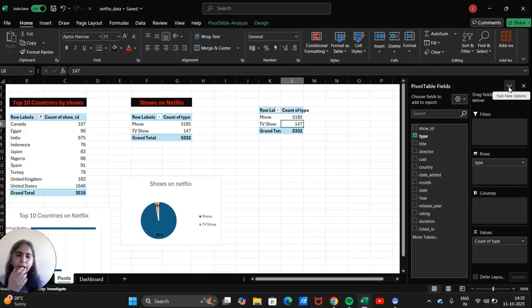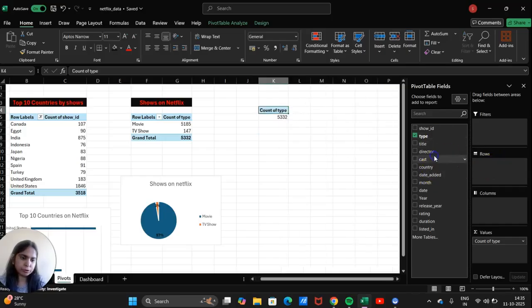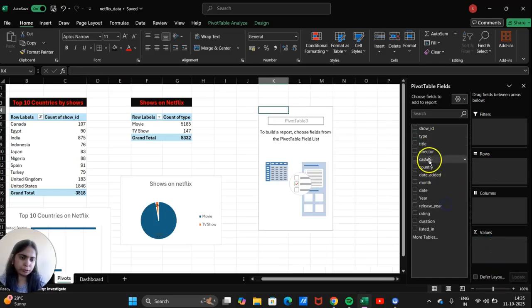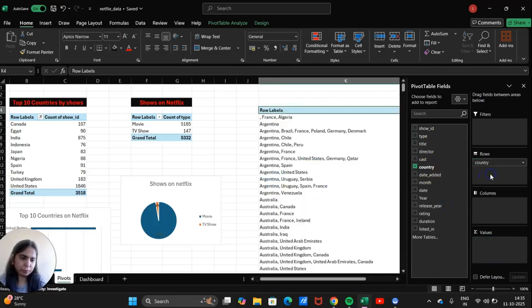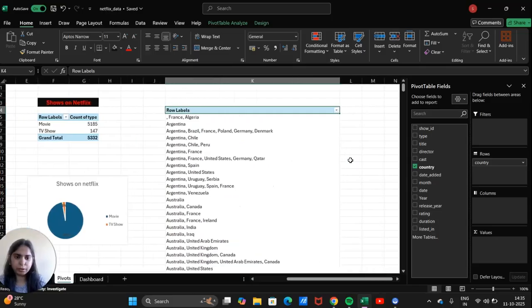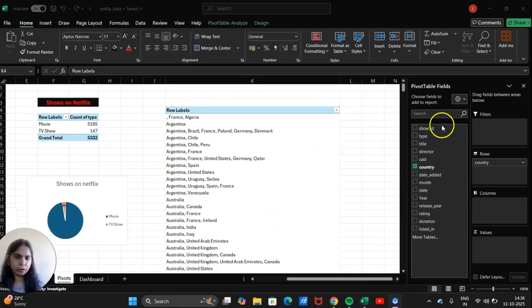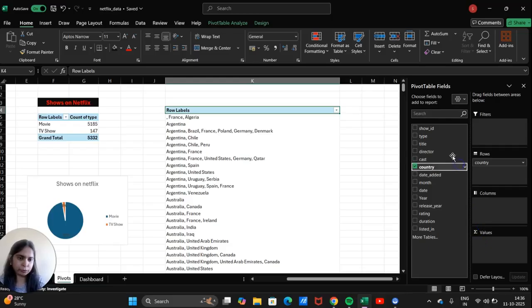And in which country how many people are watching these content. So for that we will remove this type and count of type. We will put countries here, and then we will put the type in values,